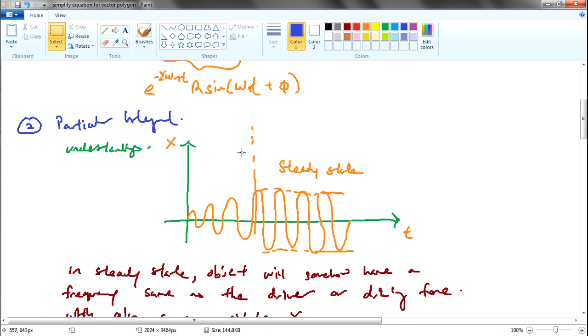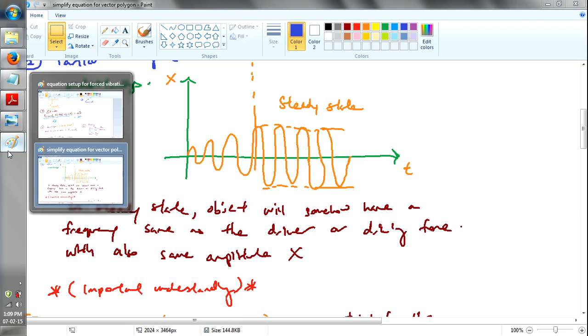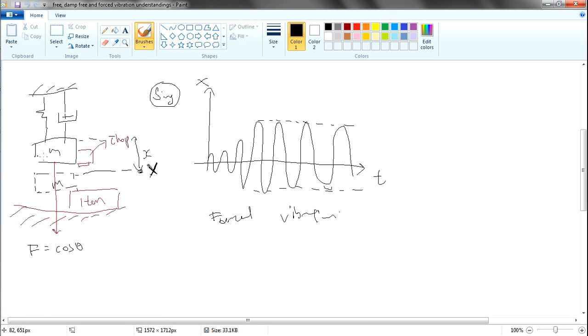So as we explained in the very first part of the forced vibration, this is the chop analogy we talked about last time. When you pull this mass down to this position over here, at first, the time taken to pull it down is kind of slow. I'll just show you the motion. So when you pull it down like that,